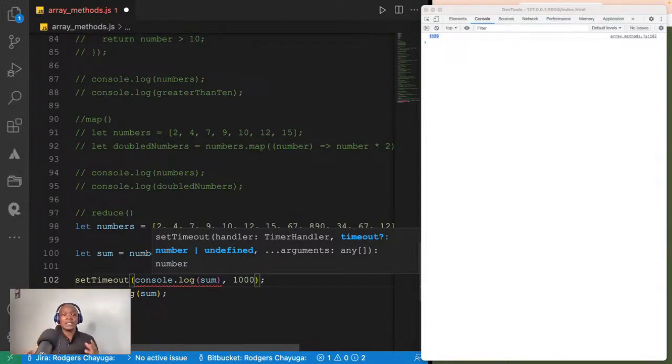Also, you can see it in reading and writing files. When a web application needs to read or write data to a file on a server or on the user's computer, it needs to perform a file I/O operation. This operation can take some time to complete. Asynchronous programming techniques like promises or async and await can be used to handle them without blocking the main thread,